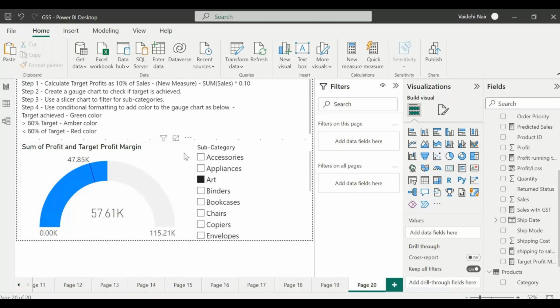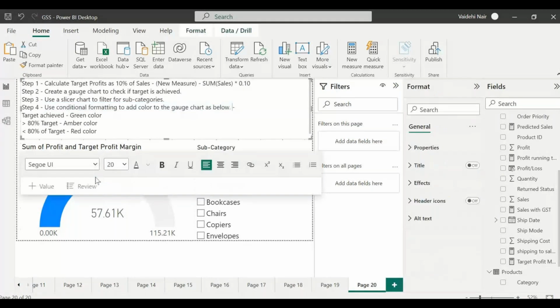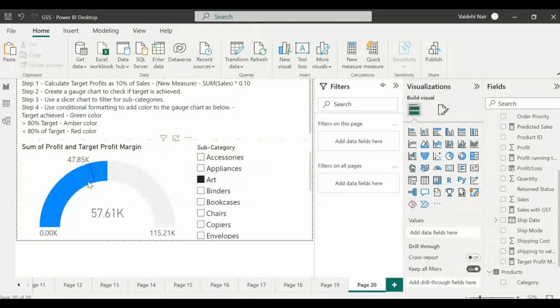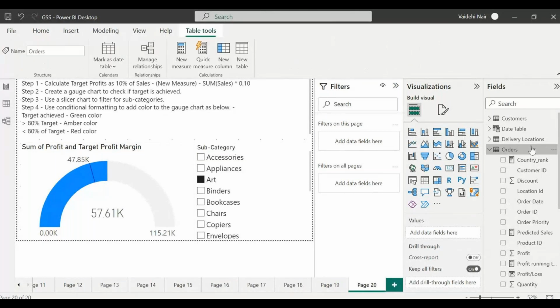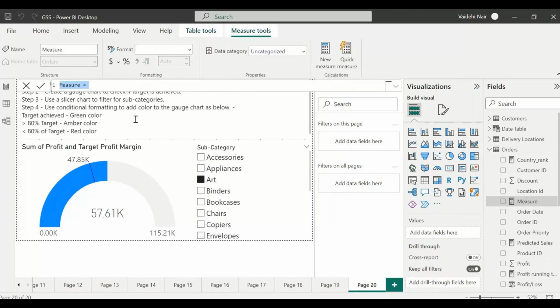Okay. So now the next step is to use conditional formatting to add the colors. To add the colors, first of all, we will have to write an if statement, like what is the status of the target? So again, we will create another measure to check the status, on the orders table. We will create a new measure and here we will write target status is equal to